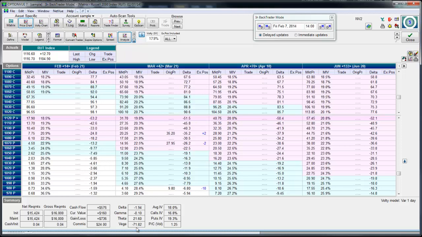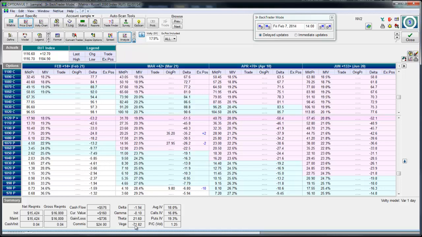I really do, because now what I want you to notice is Delta has maintained a very neutral stance, meaning it's around zero. It's close to being Delta neutral. Our Gamma is still relatively small. Our Theta is still positive. Now our Vega is still negative, but what you'll notice, as I said in that lesson about Vega, is